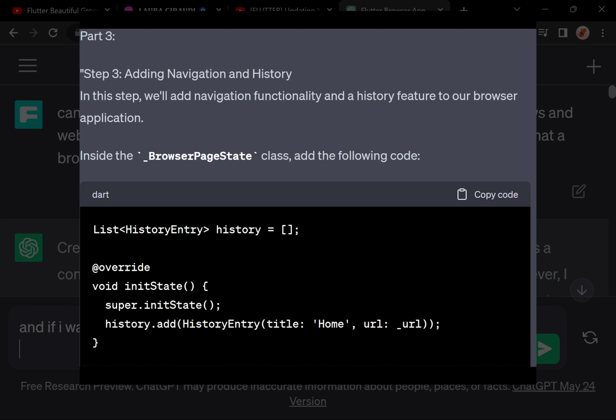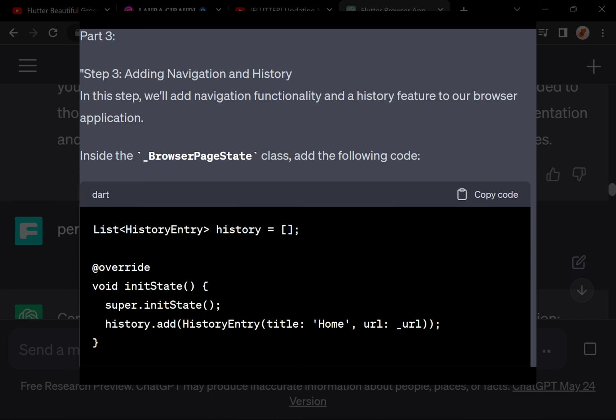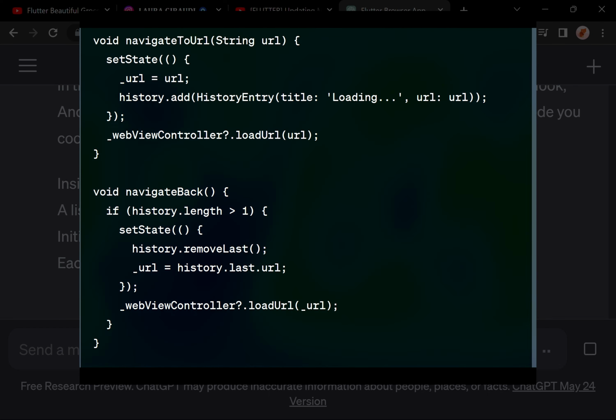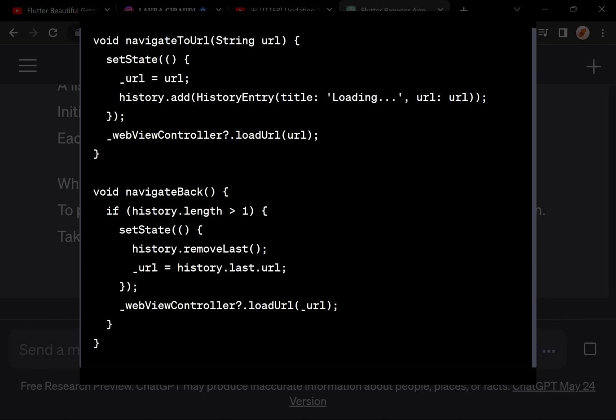@override void initState() { super.initState(); history.add(HistoryEntry(title: 'Home', url: _url)); } void navigateToURL(String url) { setState(() { _url = url; history.add(HistoryEntry(title: 'Loading', url: url)); });